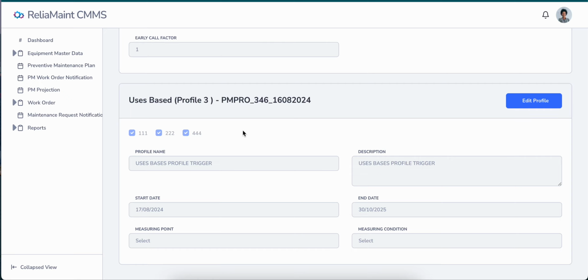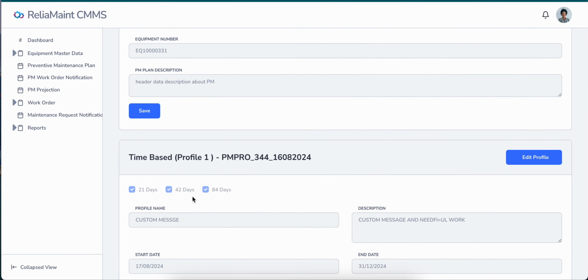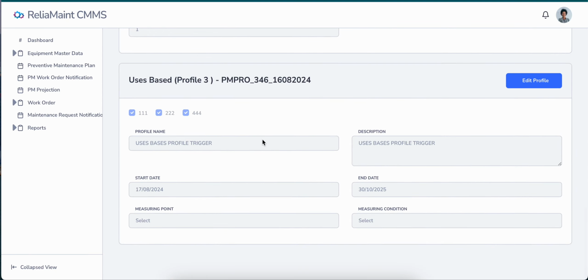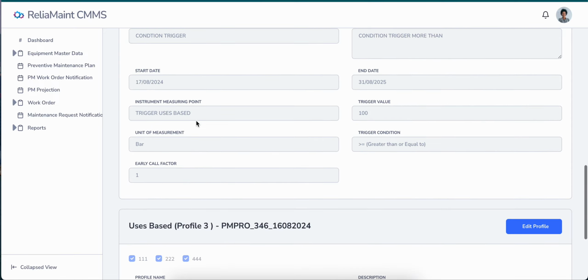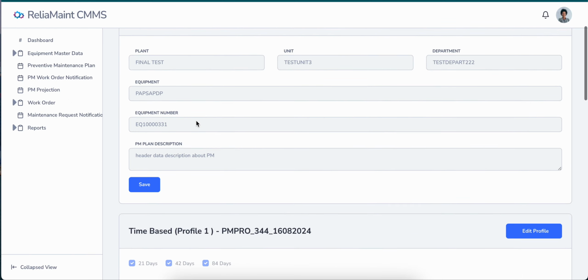Now this differs from our first one. The first one is basically based on days. This is the calendar days, it will come on its own, and this particular one is usage based. We need to provide a certain value, and once they total up to this standard, it will generate this type of work order. So these are three kinds of work order procedures that can be adopted within a PM system. So they will create work orders based on the time.